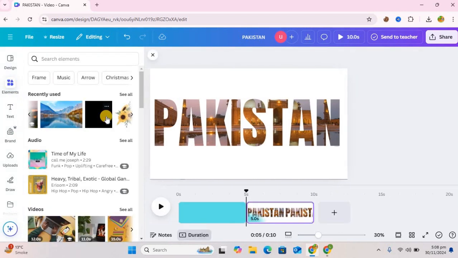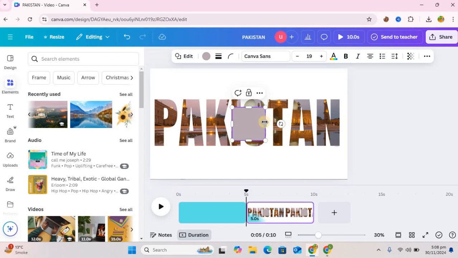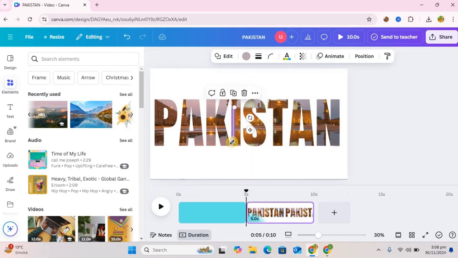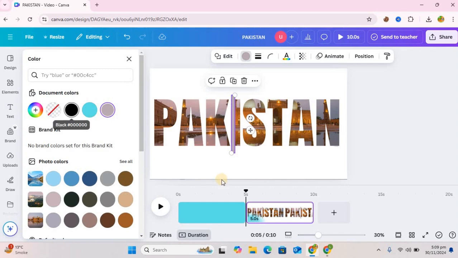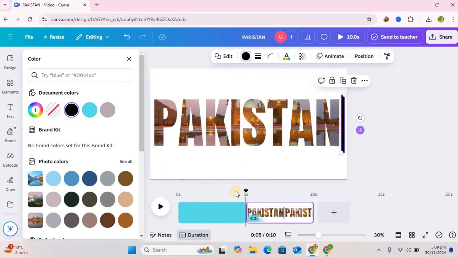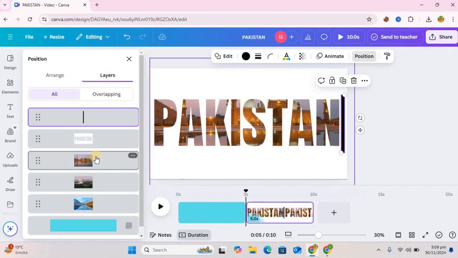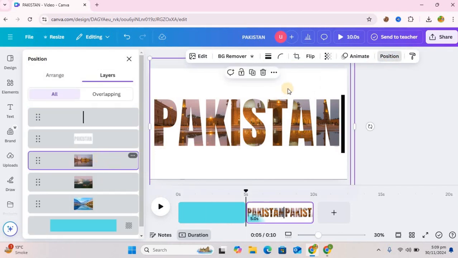Again go to elements, select a shape, change the color to black, set it over here, go to position, click on the first layer,